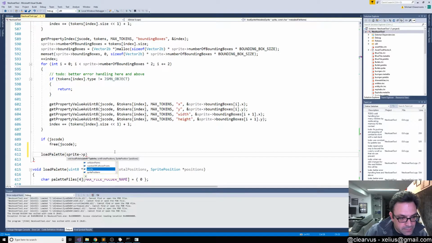Sprite palette. I want to give it the address of that. This has gone through so many different little permutations here. Total positions. This is sprite. Sprite positions. No. Number of tiles. And then